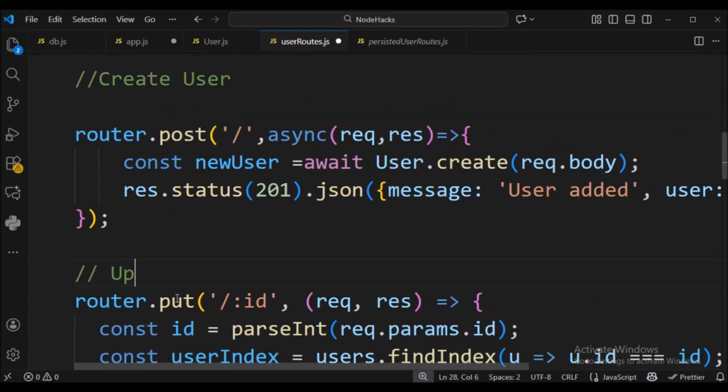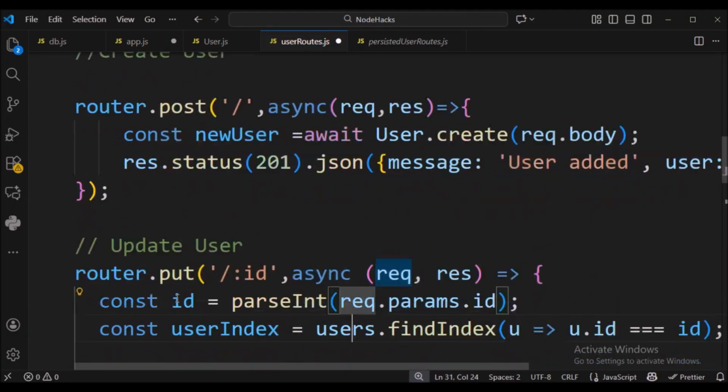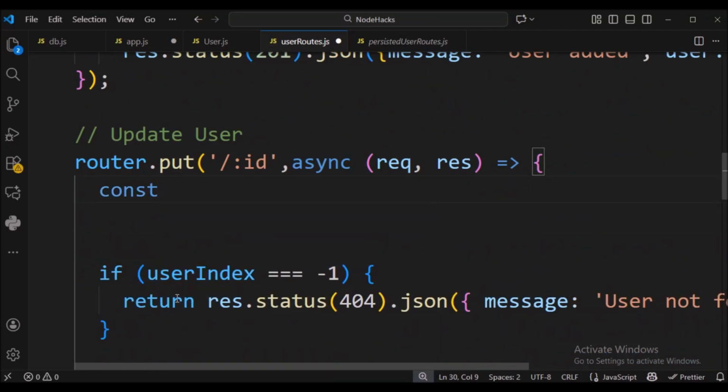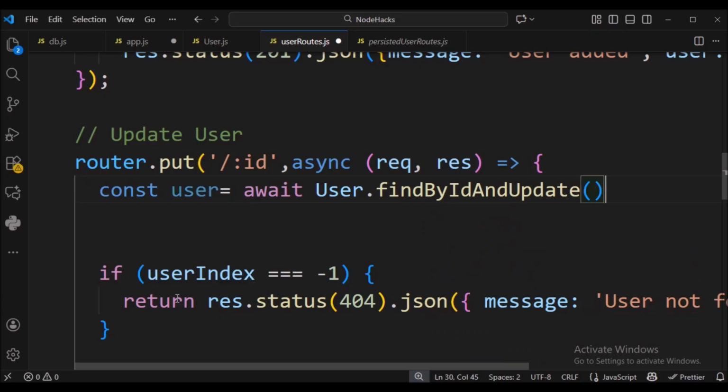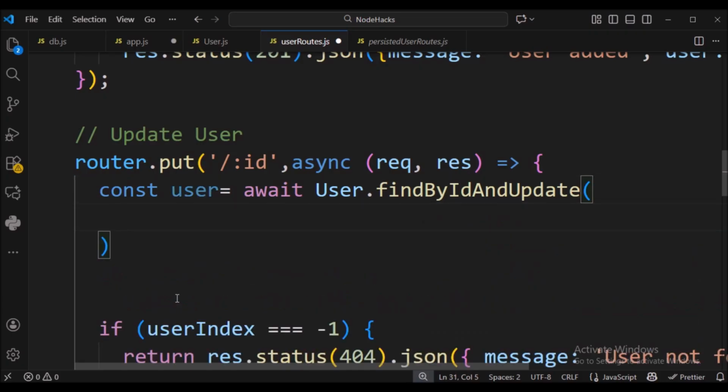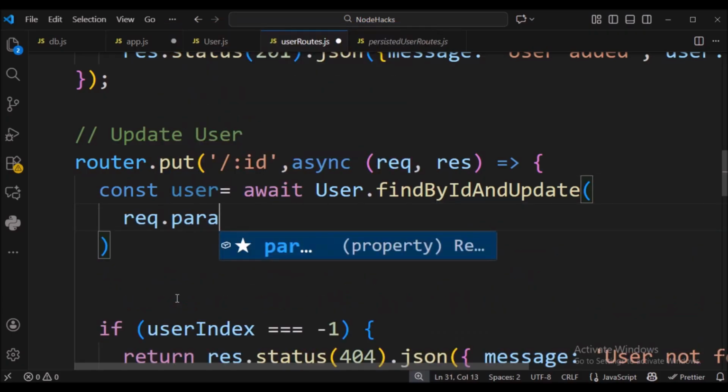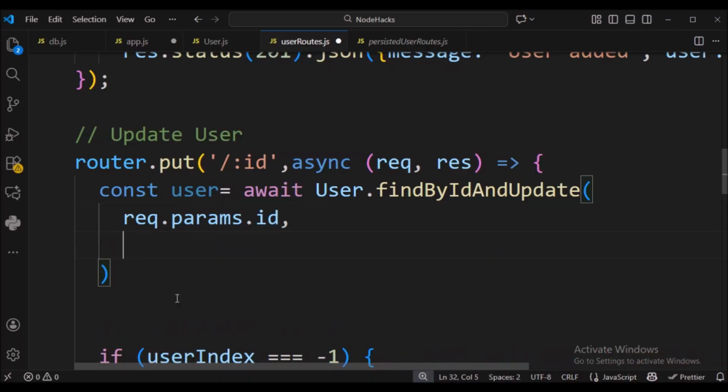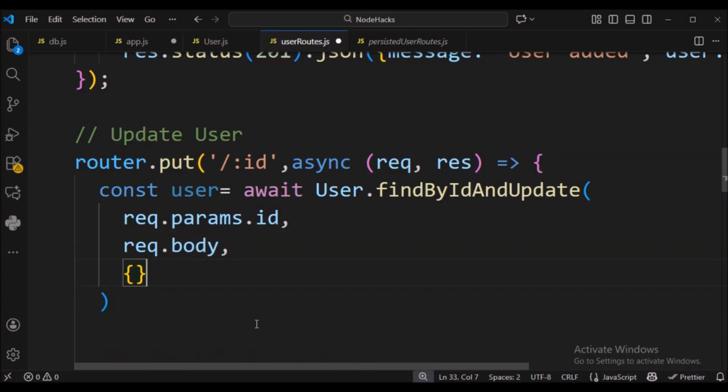Next, we will start the update user route with an async database update. We will use the findByIdAndUpdate function to update the records in MongoDB. We will update the user based on the ID received from the client side and we will keep new as true, because by default MongoDB returns the old document.